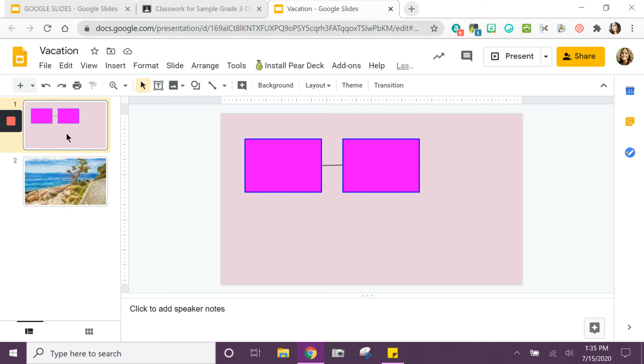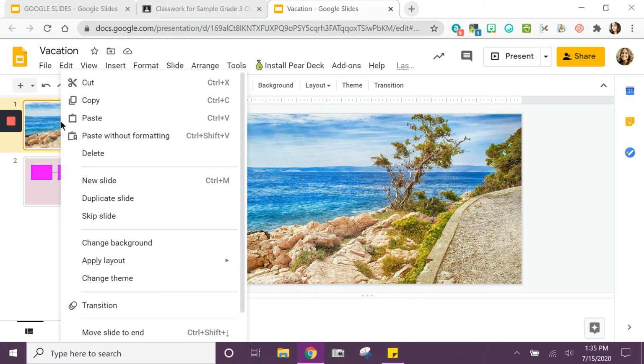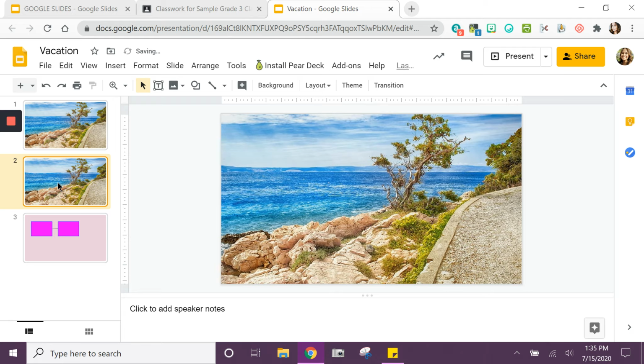So let's say I wanted to reorder these slides. All I would have to do is drag it and then move it. Say I wanted to duplicate this slide, make a copy of it: right click onto the slide that you want, and then say duplicate slide. So now I have two of these. Okay, I can also create